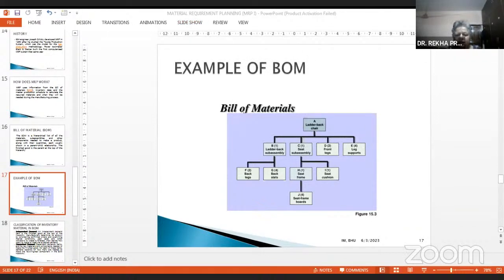So here it is shown in a hierarchical form.